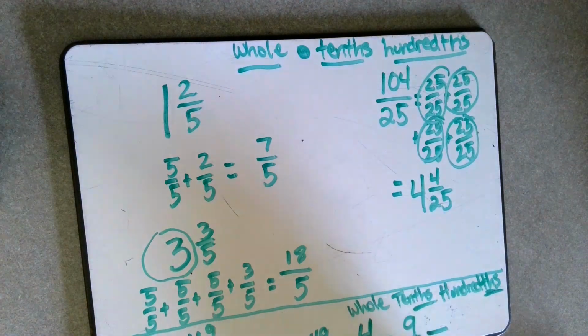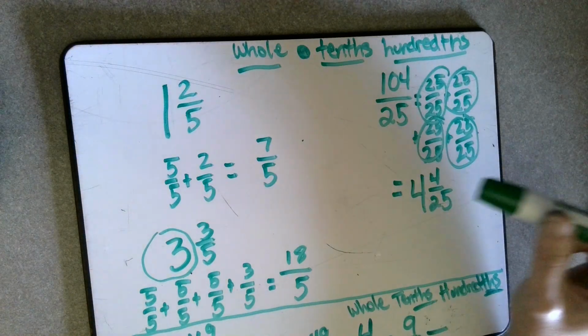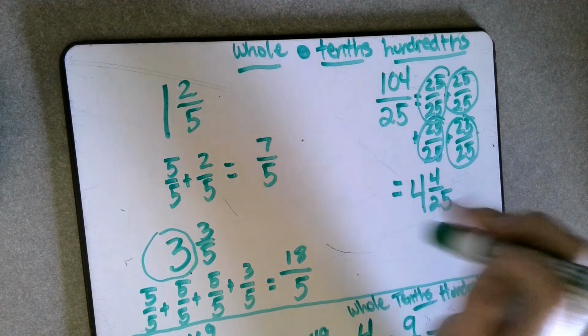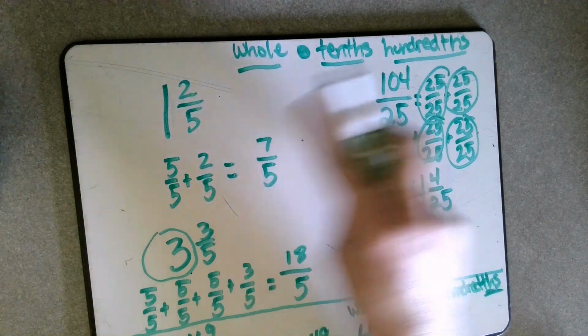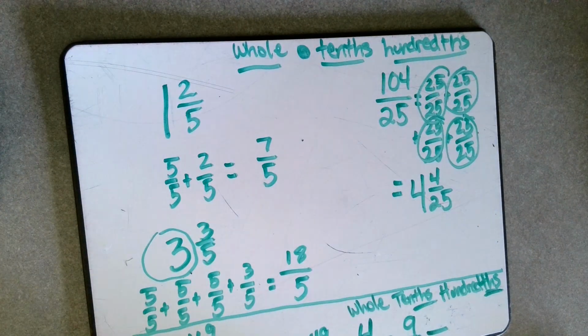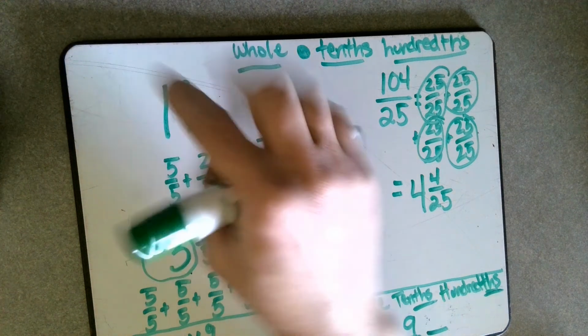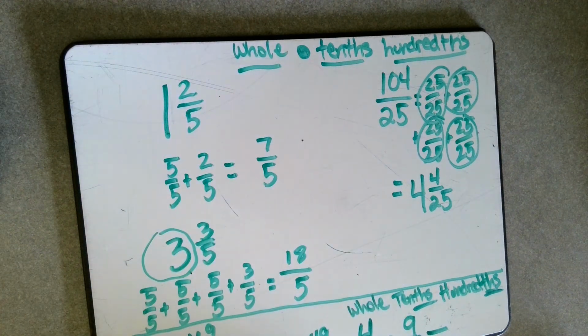Okay, so we're constantly going to be going back and thinking about that. Well, is there a way that I can convert those 2/5 into tenths or hundredths? There is, right? Remembering our equivalent fraction rule is we can multiply the numerator and denominator by the same number,